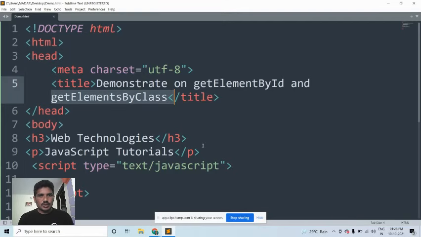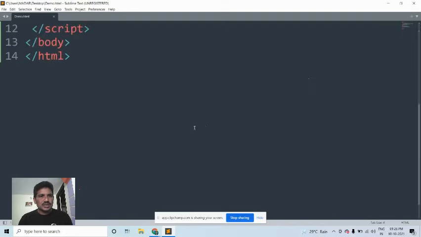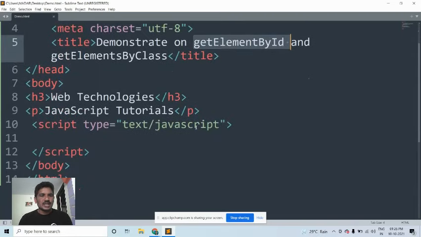In today's class, I am going to explain about getElementById and getElementsByClassName. Both methods are DOM methods which are used to access the HTML elements. In today's class, how do we access the HTML elements with the help of these methods? It is a very important concept to access the HTML elements through JavaScript. These two methods are the DOM methods which are used to access the HTML elements. How it is possible, we will see in the example.